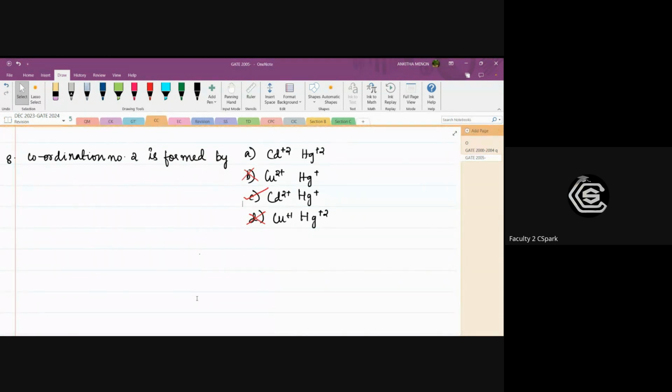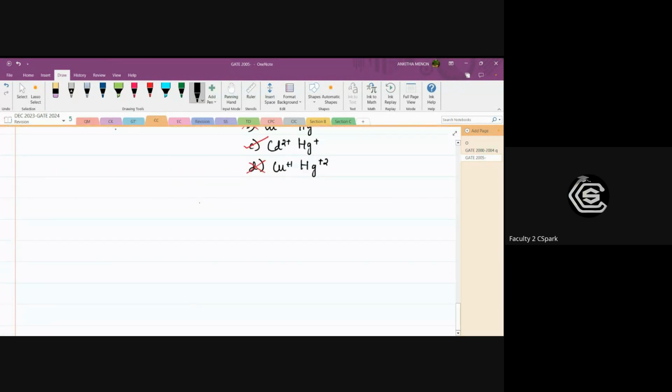All right. Next is a nice question. Question number 9. The experimental magnetic moment of Fe(CN)6 3- is 2.3 Bohr magneton. This is due to: